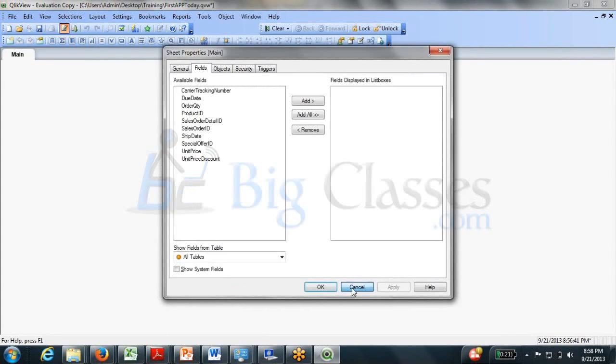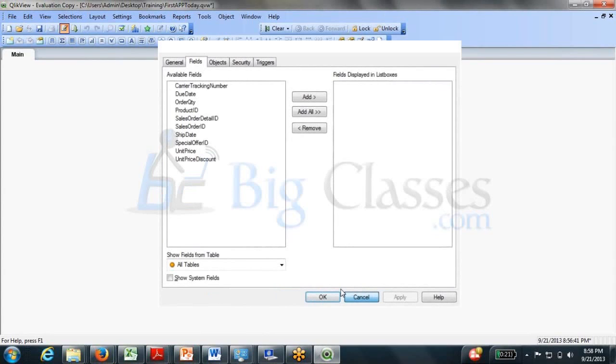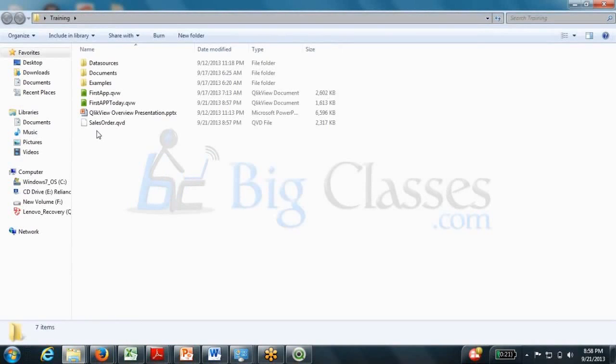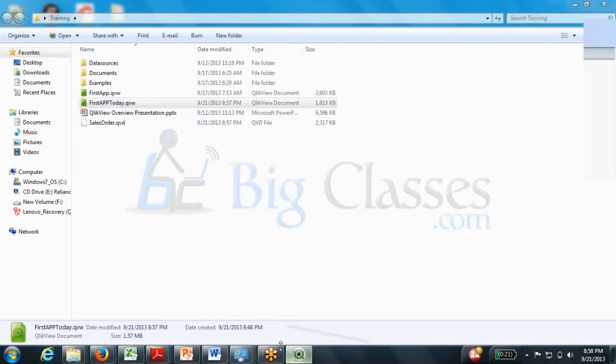Now you want to see where did it store the QVD. As I had used the relative path, this is my application QVW file that I used to load the data, and in the same path the sales order QVD is loaded. Now this file is not accessible by any other file except the QlikView file. So if you want to see,